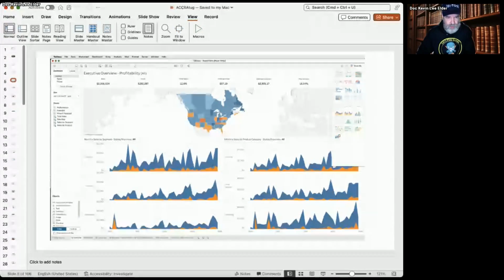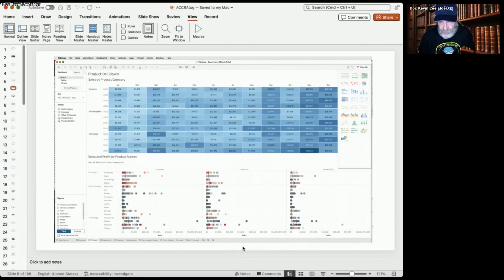And so that is a wonderful place to start, is just to grab this Superstore data set and start looking through and seeing, okay, well, what is this? This is a heat map. This is one of the first things I teach my students about heat maps. Don't do them in blue. Blue is not heat. Blue is typically thought of as cold.